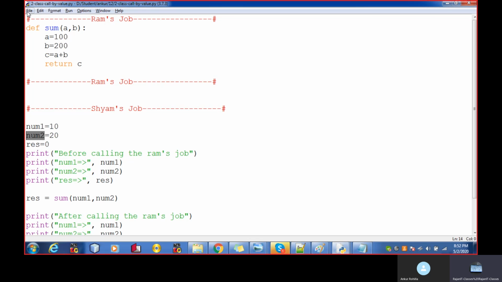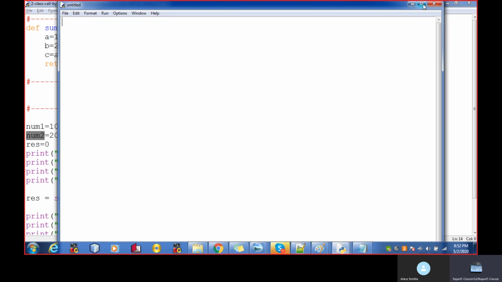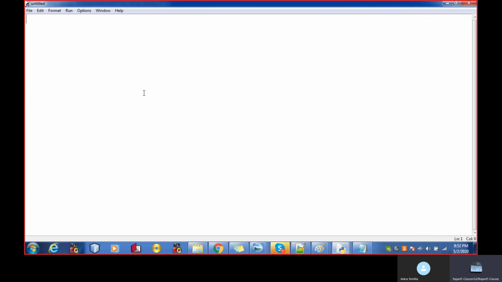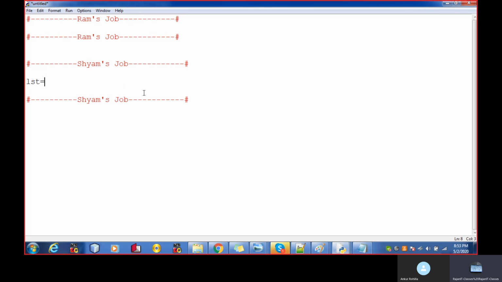So let's come to the function part of this. It's a new file, and I make the function. We have a list variable with three values 10, 20 and 30.